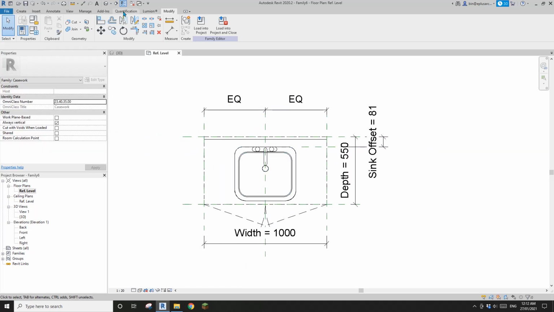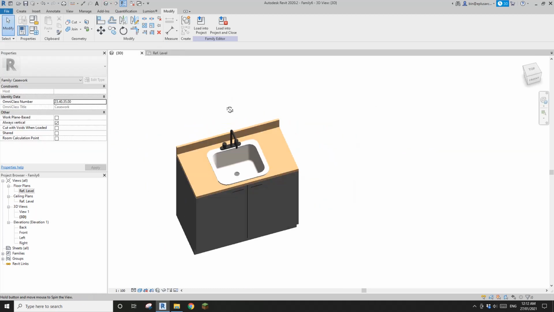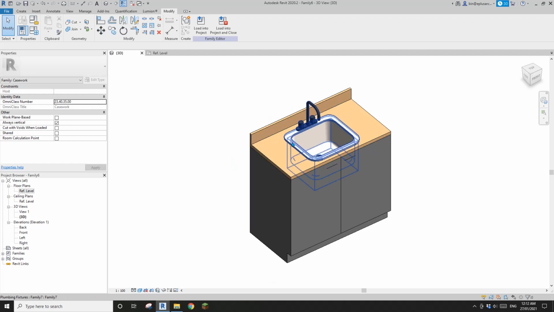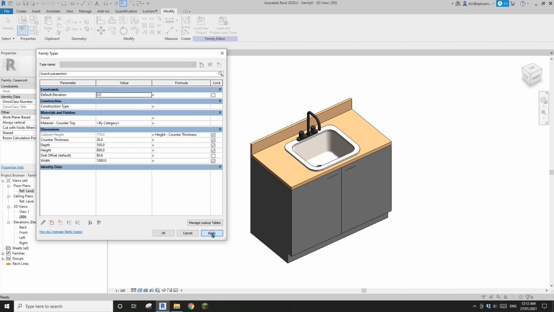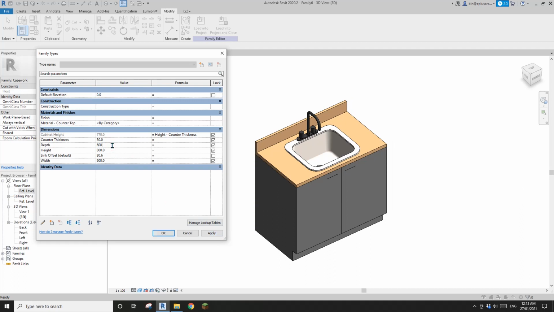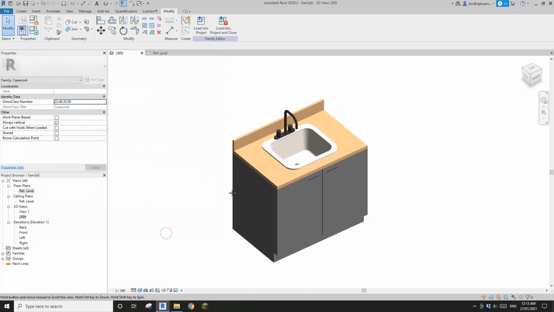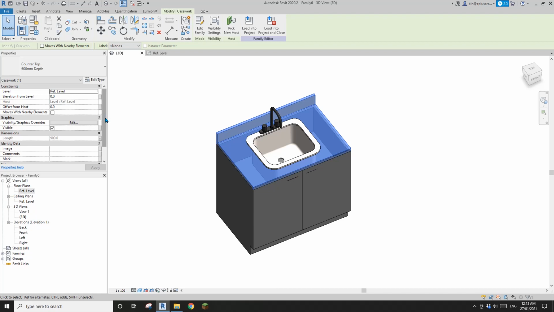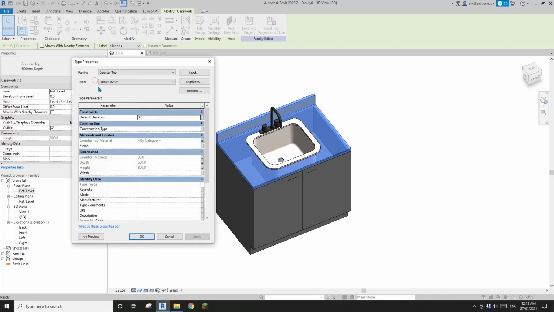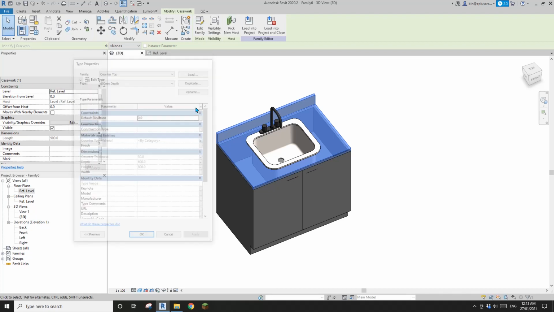Okay, so now if we go to 3D view, you will see if we change the dimensions of, for example, 800 high, yep, good, 900, yep, and 600, all good. And then we still need to check one last time, make sure all the parameters linked